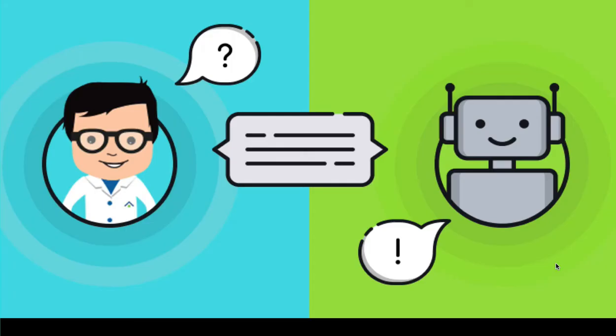So if you want to visualize the scenario, this is what I have for you. On the left hand side, you will find a website visitor, and on the right hand side, you will find a bot, a software program that is being used to converse with the website visitors. So on the left, you will find the website visitor. When he visits your website, he will find a chat box. When he starts typing into the chat box, he'll start getting responses from the bot that you see on the right hand side.